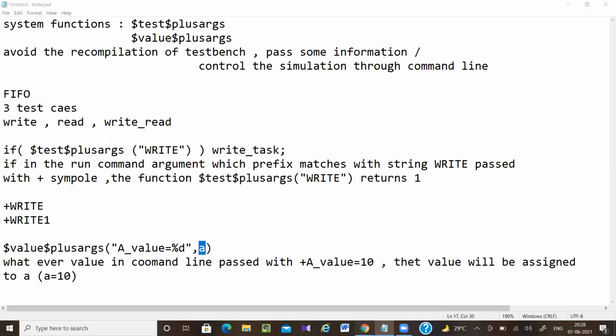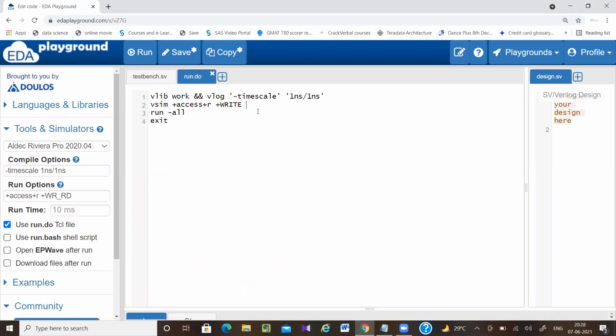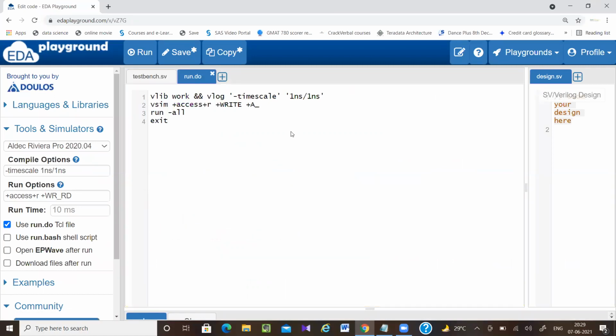Okay, so now see here, I'm passing plus a value equal to 1.